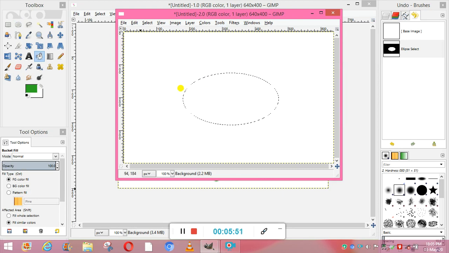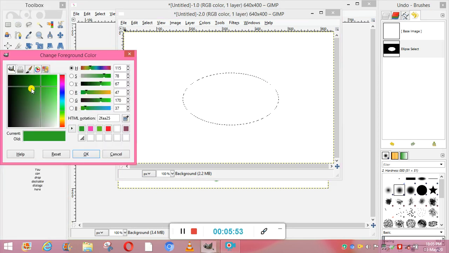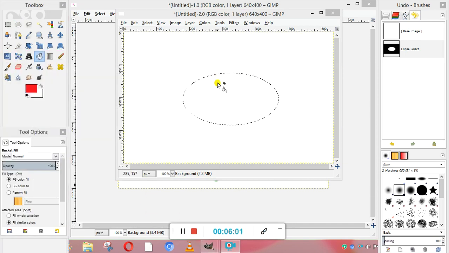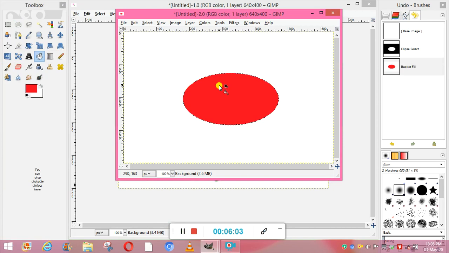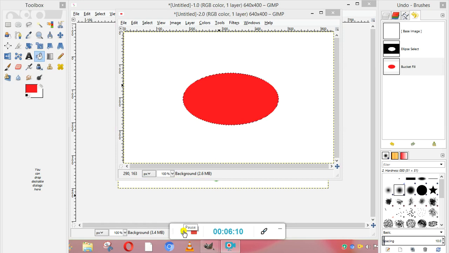Now I'll click the color which I want to fill in that. Suppose I want to fill this red color. Now I'm clicking here, so the color has been changed to red. So this is the way we can create the shape and fill the color in that shape.